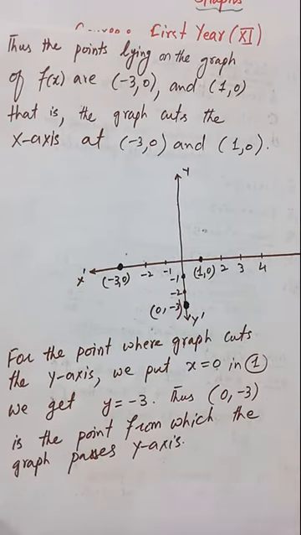The next point is how you can decide what will be the vertex. For that, in this method you need to find some additional points on the graph in order to sketch it. For those points we will make a table, and from that table you will find your vertex. You are not supposed to use the previous method for the vertex. For the vertex you must find some additional points of this graph by making this table.